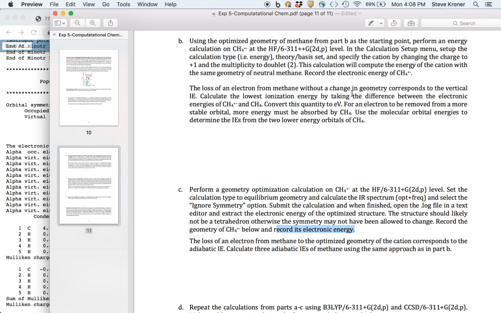activity 3. So the key here is making sure that you use the same method and basis set throughout, and that when you're doing the single point energy calculation you choose the optimized structure for CH4, and then in the third calculation you allow the geometry to